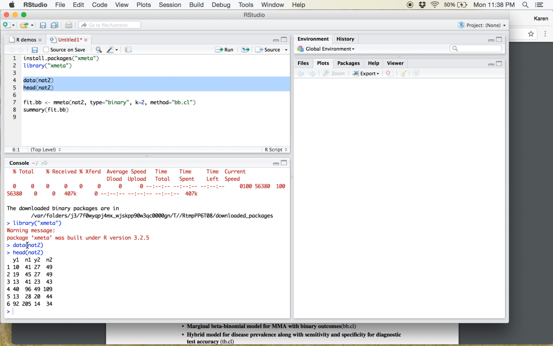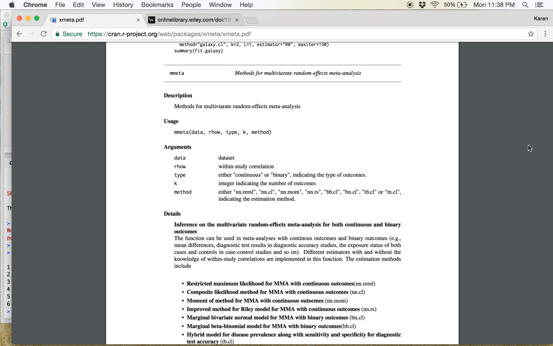As we can see, there are four columns, where y1 and y2 represent the binary outcomes for two measures, while n1 and n2 refer to their standard errors. For binary data, the methods that can be used to estimate the pooled effect and between-study heterogeneity are bb.cl, bn.cl, tb.cl, and tn.cl. These methods are valid under a working independence assumption, which sets the between-study correlation parameter to be 0. This assumption is explained in more detail in the references that you can find at the end of